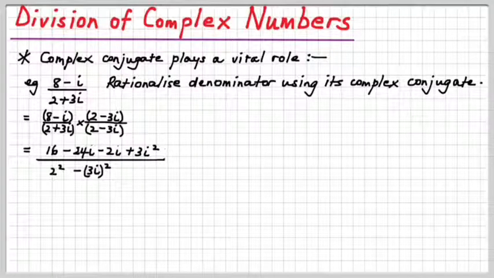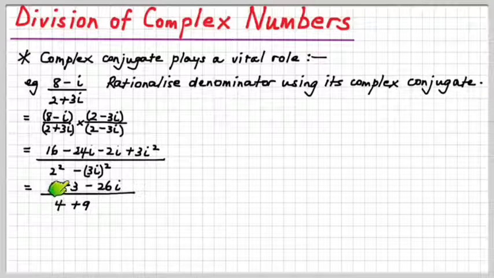So, if we work that out, we've got 16 minus 3, and then we've got minus 26i. But what's more important is what's going on at the bottom, the denominator. By rationalising with the complex conjugate of the denominator, you get a difference of two squares. That'll turn into 2 squared minus (3i) all squared, which gets us 4 minus 9i squared, which becomes 4